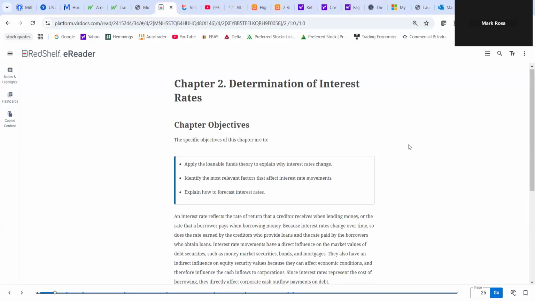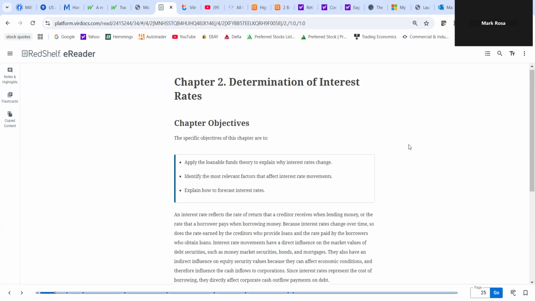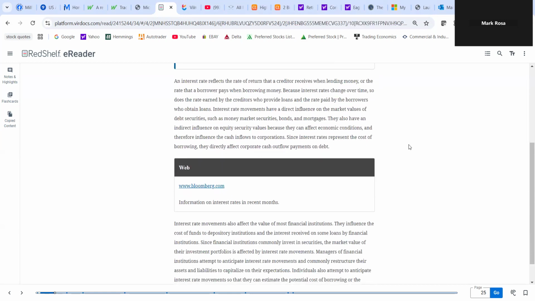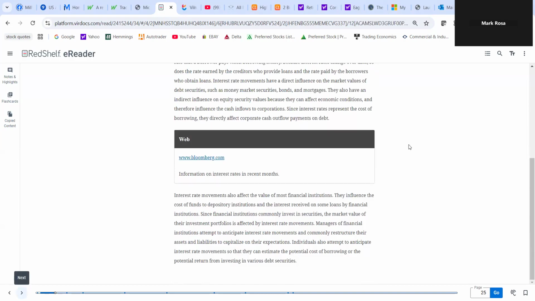Okay, I'm back. All right, again, a short chapter. We'll go over some things. There's some terms that I really would prefer that we know, and some things that we could skip, so we'll get right into it. Okay, guys, so there's something called the loanable funds theory, and it's a major part of